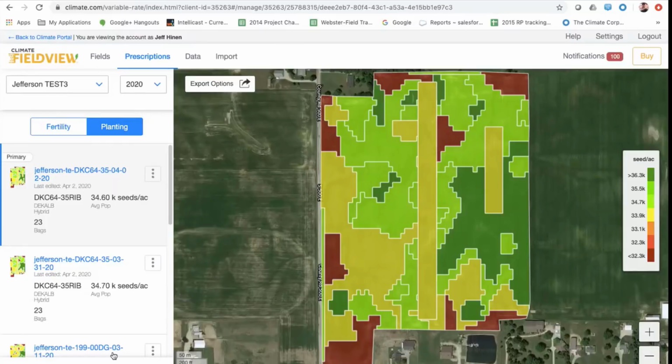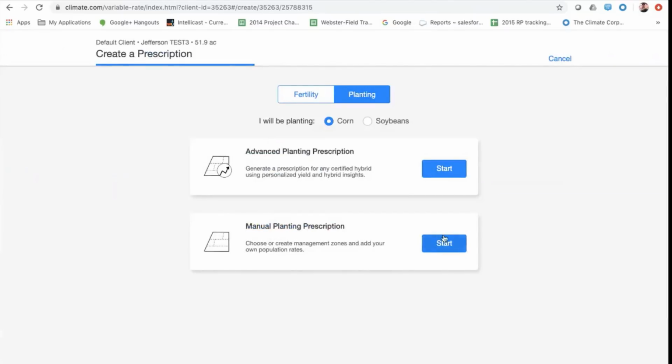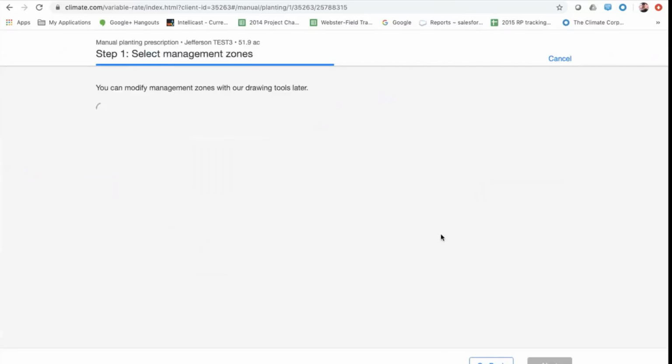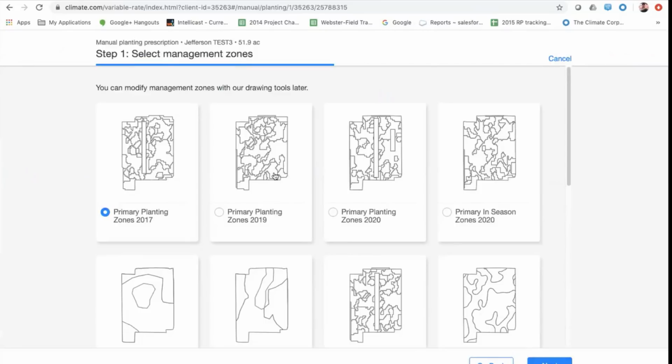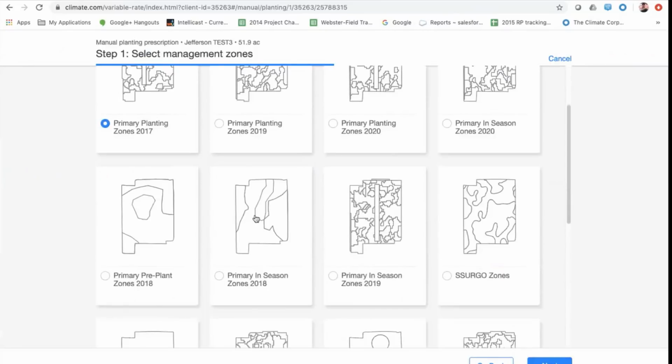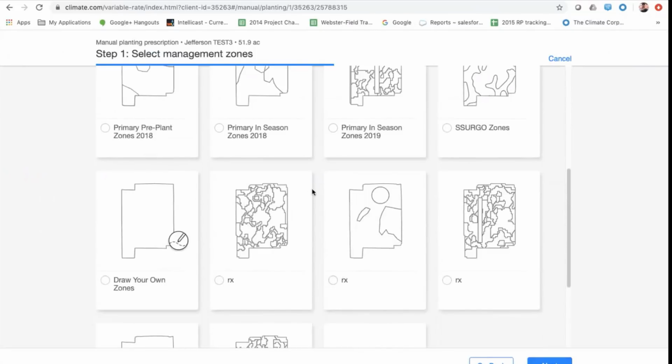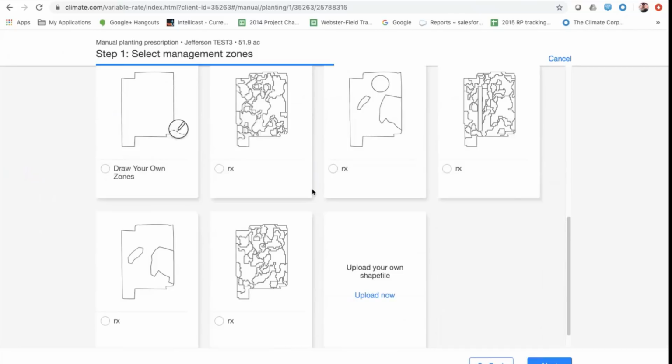If I go down here to create new prescription, and I go to prescription now, I can say soybeans, I can click on manual prescription. One of the things that you'll see is that the management zones allowed for me to use are all these ones that I've built, right? So you can either use soil types, you can use some zones you've built by hand, but the script that we just built, those zones,